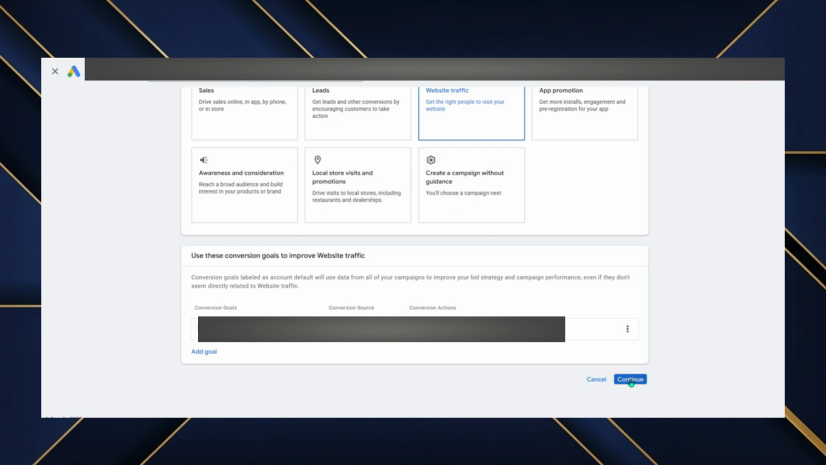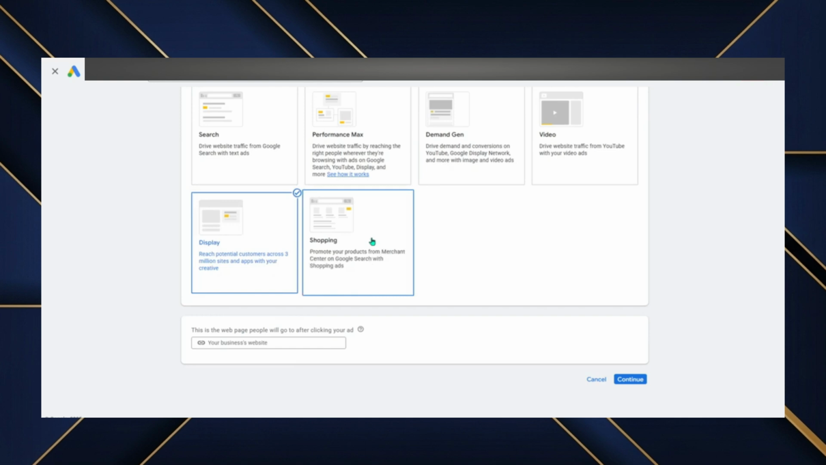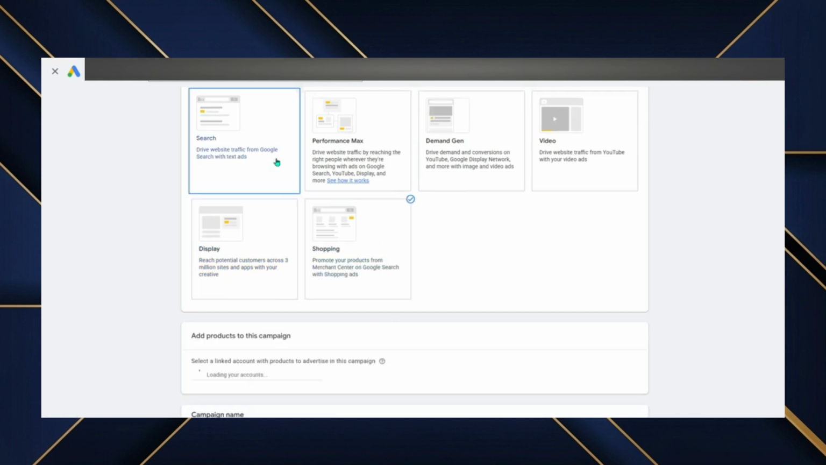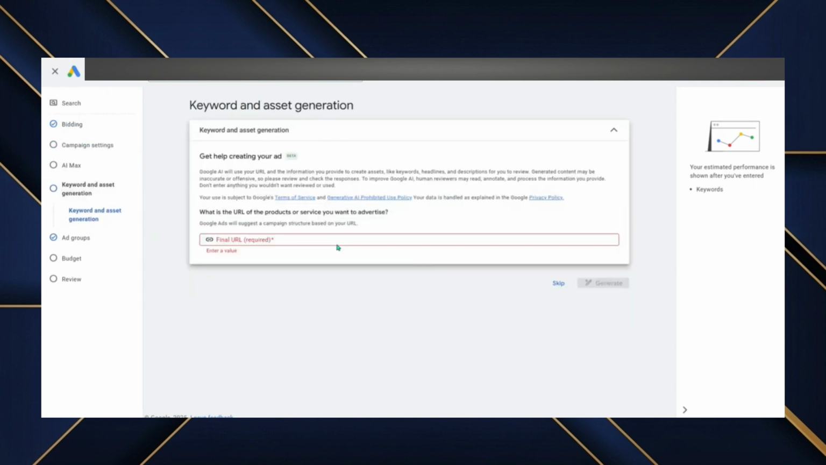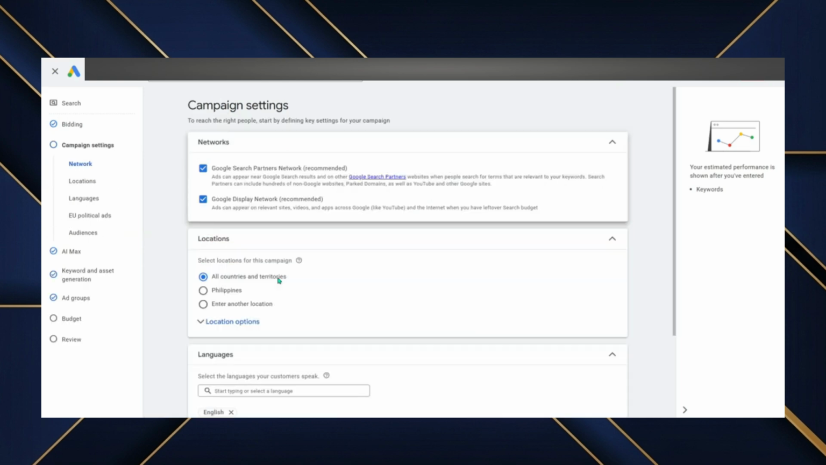Next, select the campaign type that suits your strategy, such as search for intent-based traffic or display and video for broader reach. During setup, define your audience location, language, and daily budget, and create clear headlines and descriptions that match your landing page. Start with a small budget, monitor performance, and adjust based on results since ad outcomes can vary